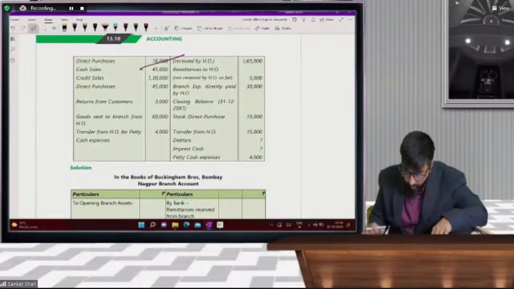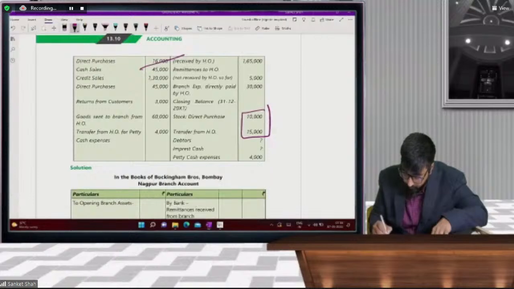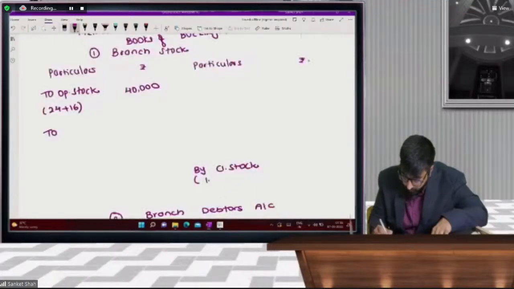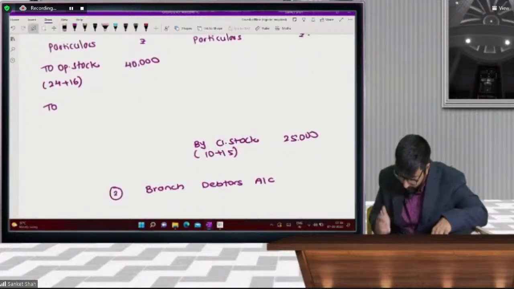By closing stock, 10 plus 15, $25,000. Next,